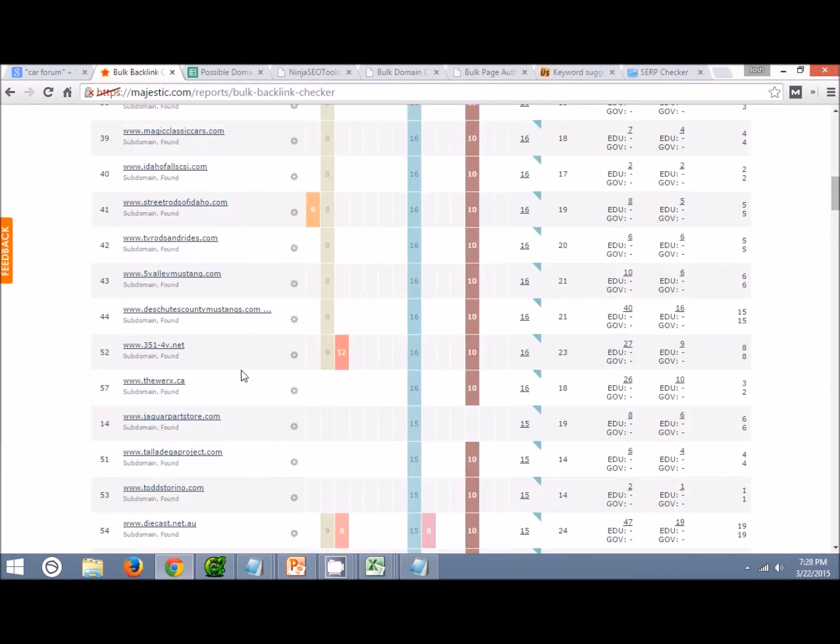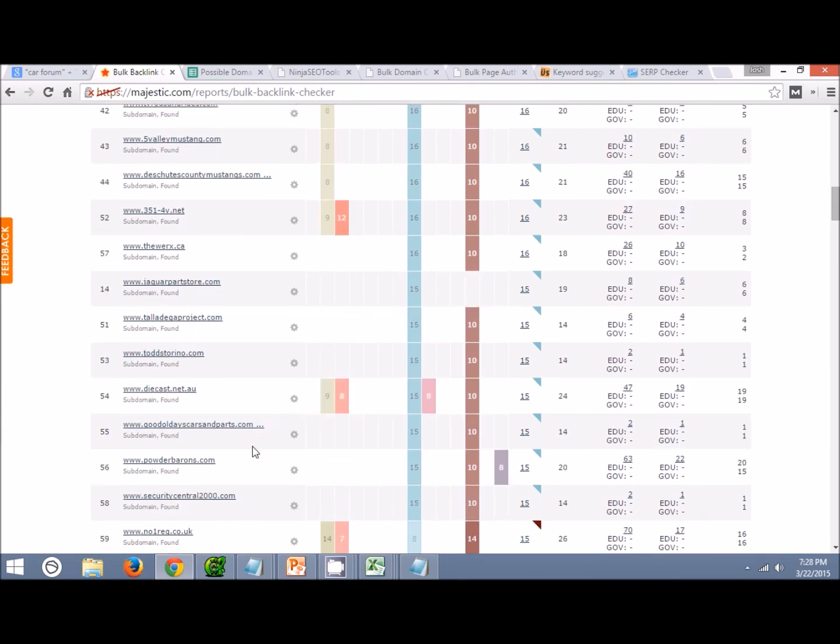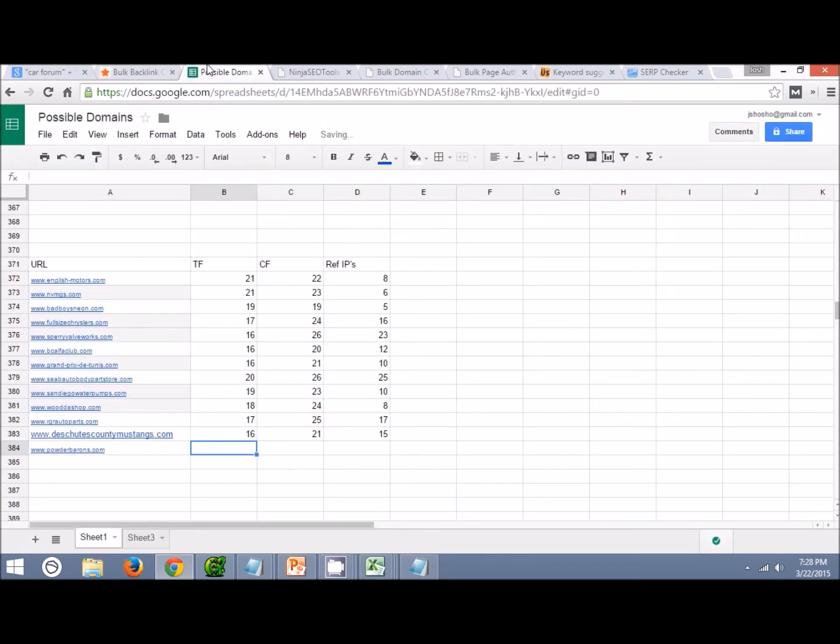Head back over to here. Jaguar Parts Store. Could be decent, only 6 domains though. Powder Barons. This looks like a pretty good one. But I can't seem to. There we go. So it's 15, 20, 15. You know what,